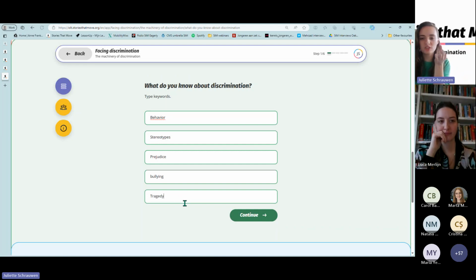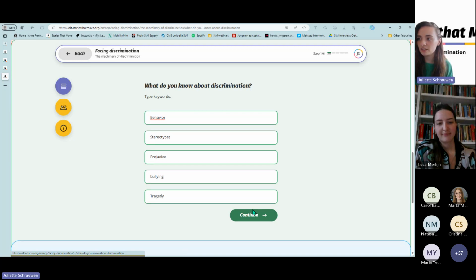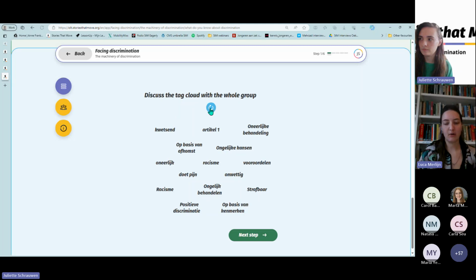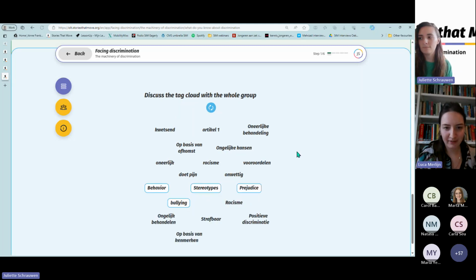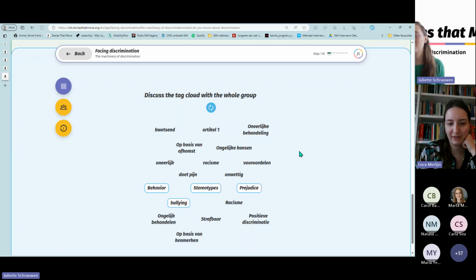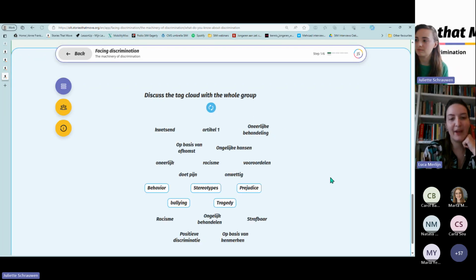So what happens for students is they have to fill in at least two answers and then this button will turn green. But for you, it was already green because you're a teacher. Then you can continue and there will be a word cloud. For now, there are some other tags already there and they're in Dutch. There are five now. So this is an example of using a word cloud in the tool. Everyone can see this is already the knowledge or the ideas we have about this specific topic, discrimination.